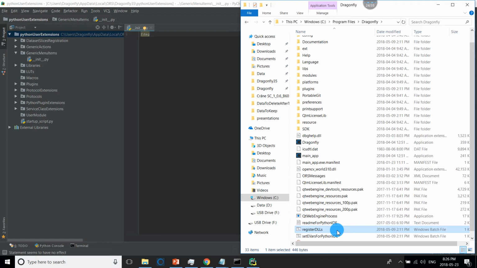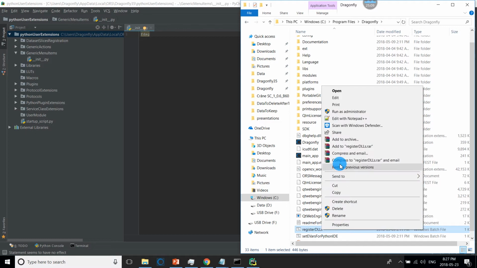The next thing you need to do is go back to Windows Explorer. Go to where you install Dragonfly. See, where do I install Dragonfly? Over here. And we have a separate script. It's called register DLLs.